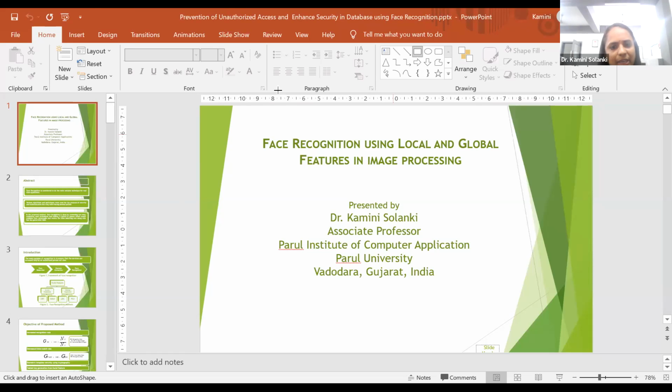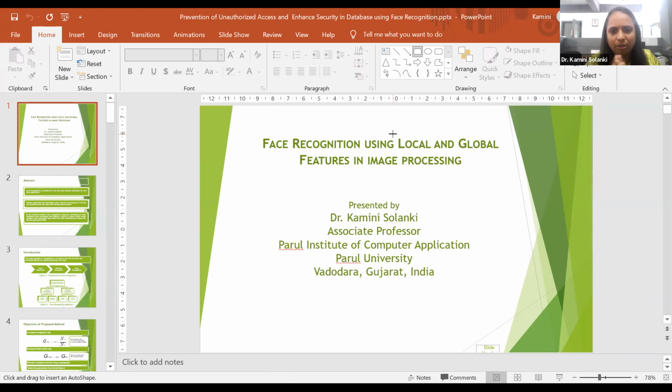Everybody knows that nowadays face recognition is the most important part in COVID situations, right? So everybody is recognized by the face. Different biometric systems are there, like eye recognition, then thumbprint recognition. So everything is there, but